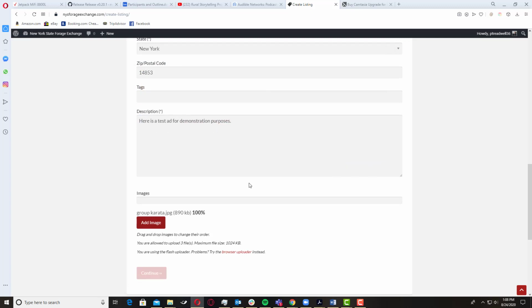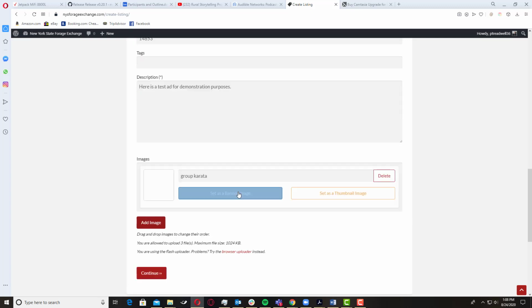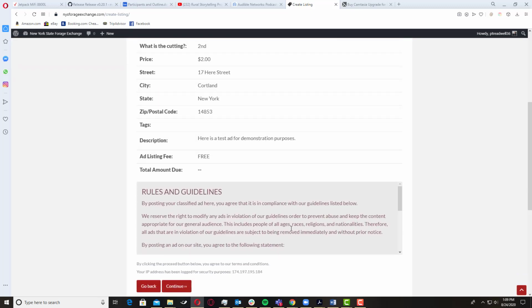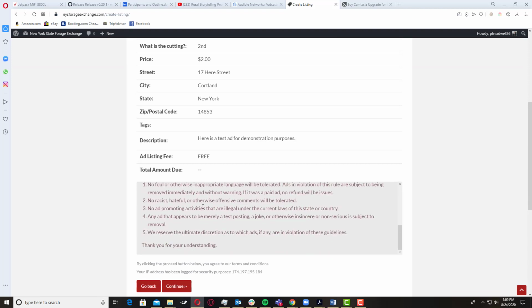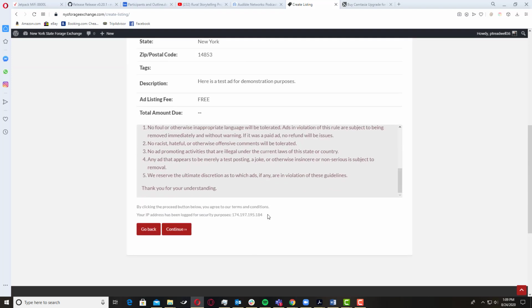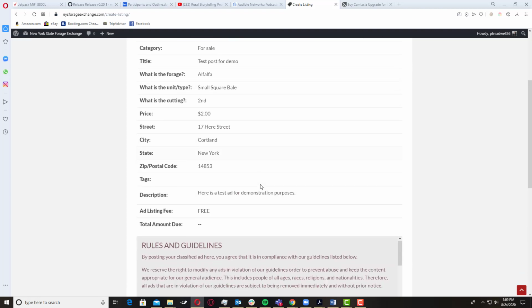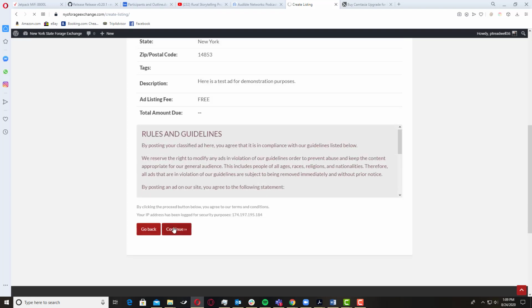So I upload the image, and once it's there, I can click continue, and it lets me review my listing. And here are the rules and guidelines. You can take a quick look at those. Once I've decided that this is what I wanted to post, I click continue,